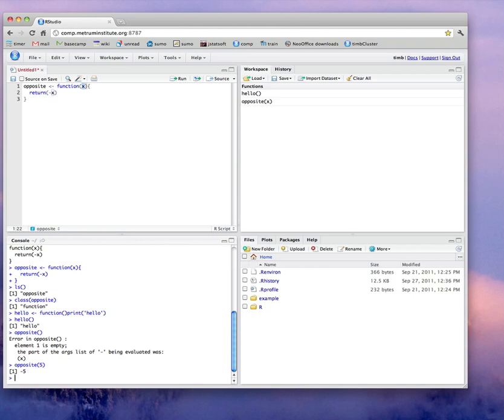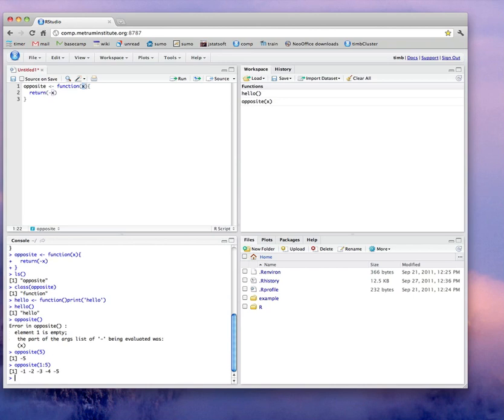Of course, as you know, R is inherently vectorized, so we could have done the same thing with an argument that had some length to it, like this. And 1:5 evaluates to a vector of length 5, and the function opposite gives us the opposites of all of